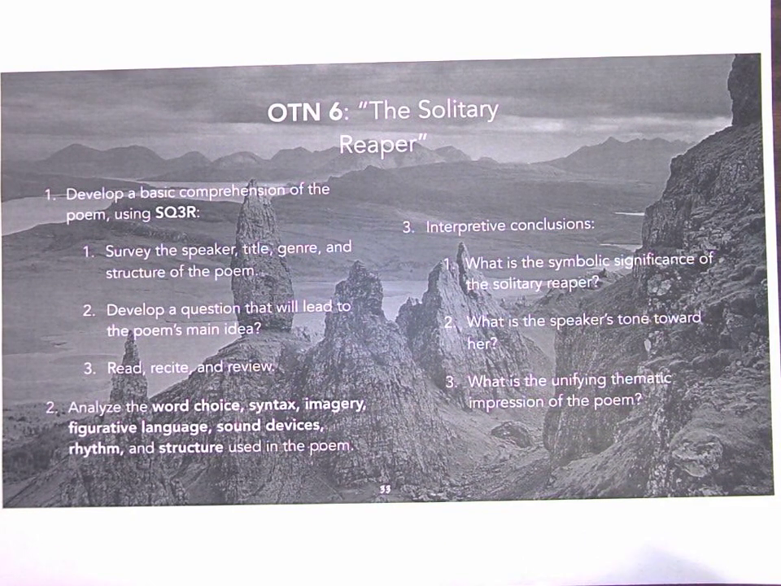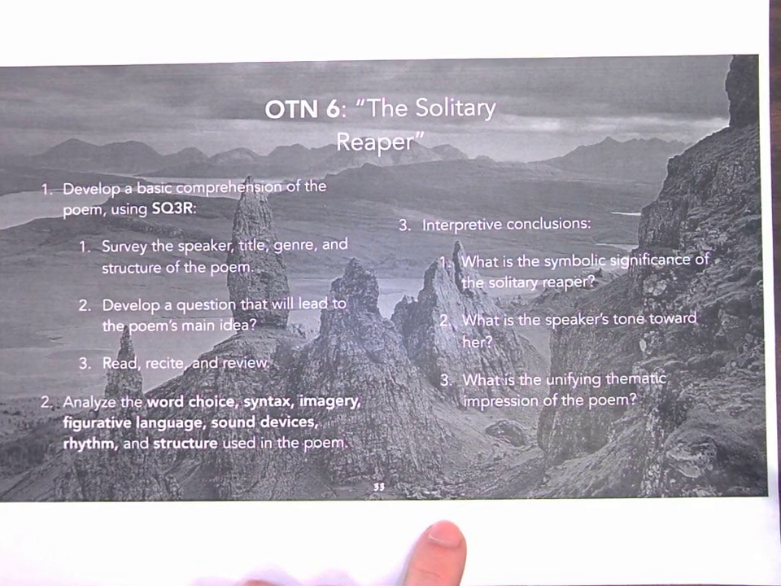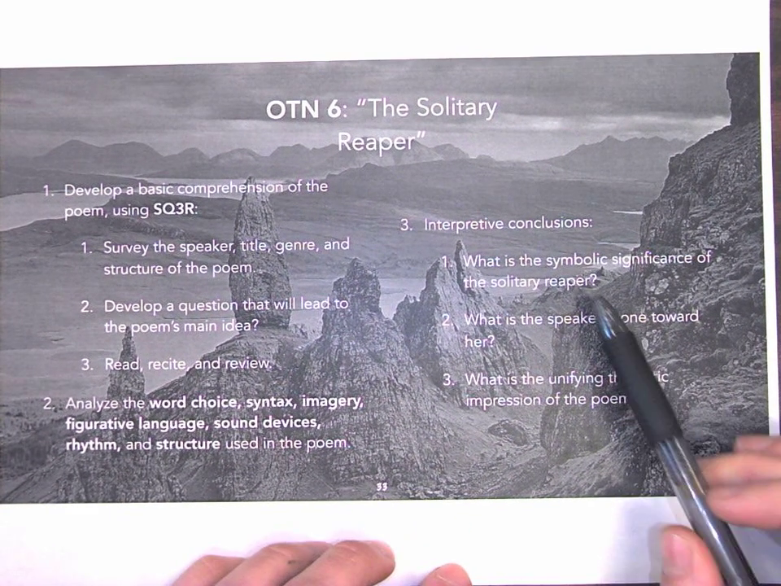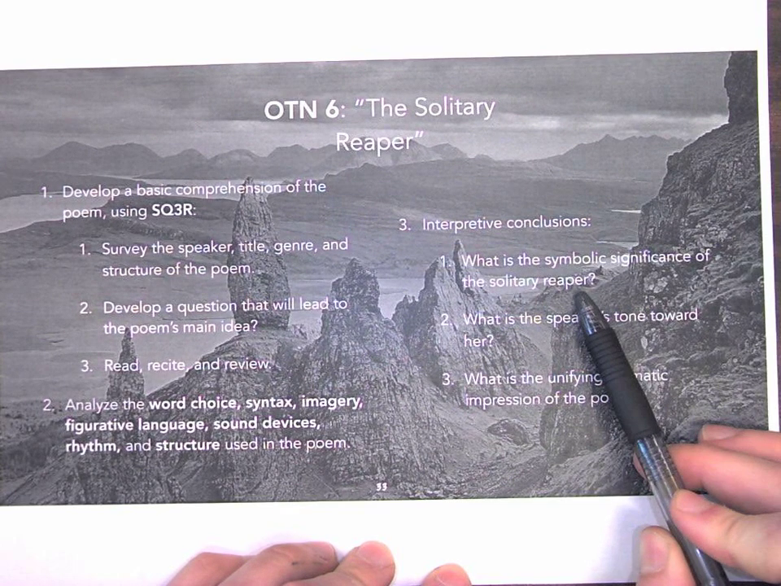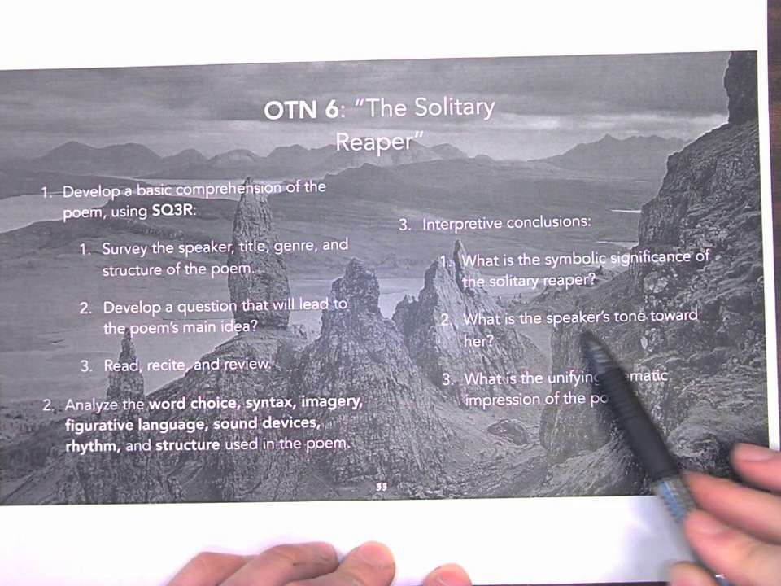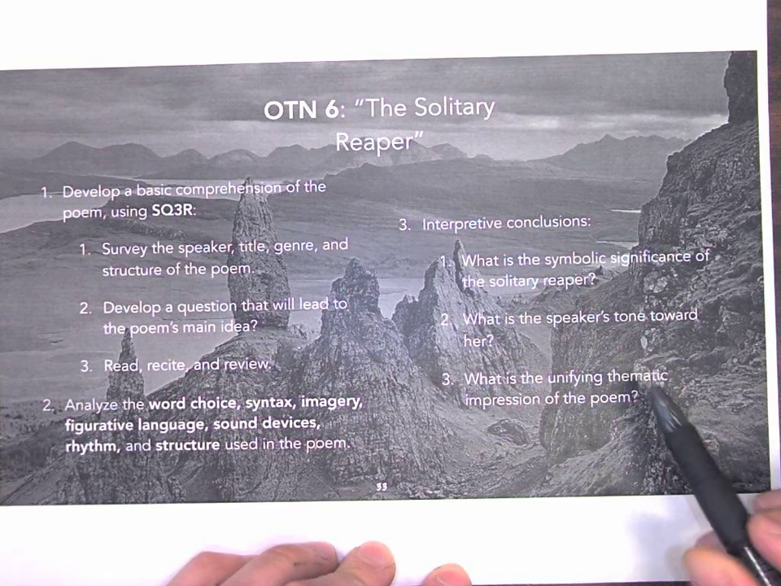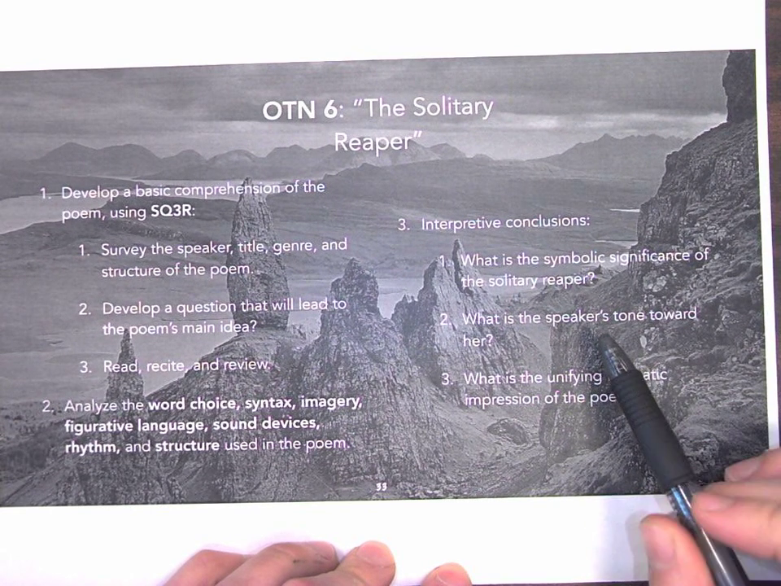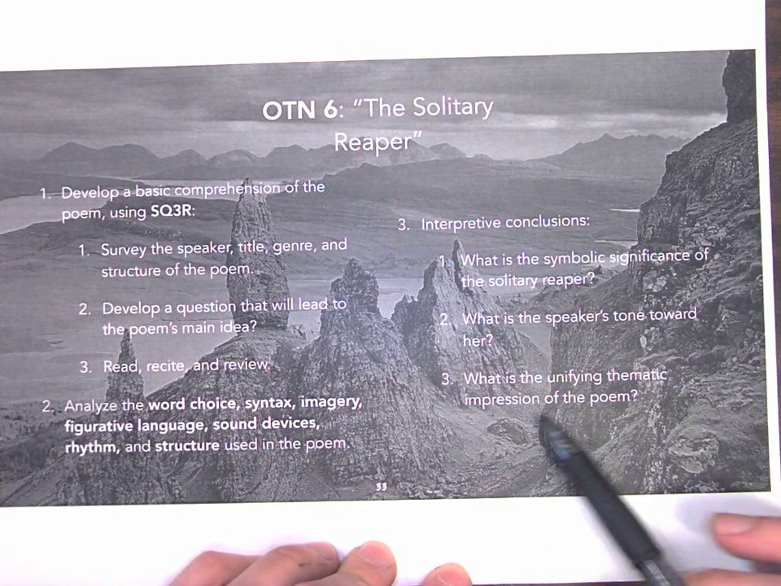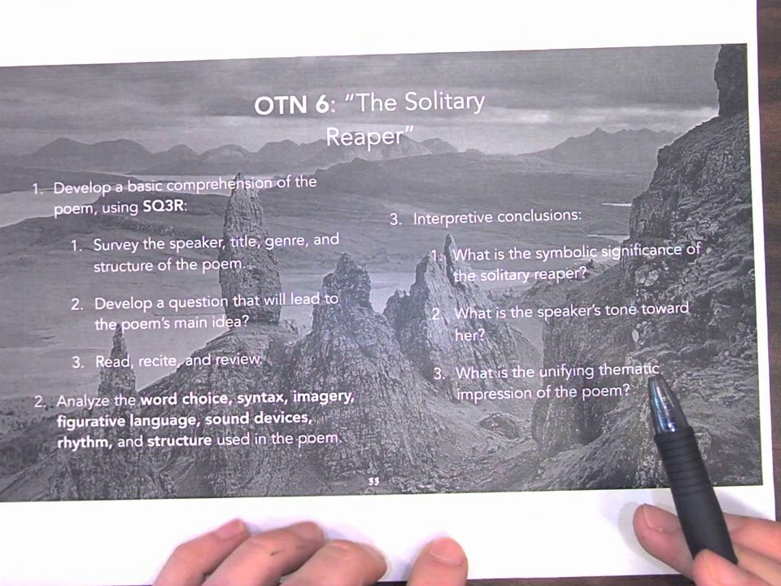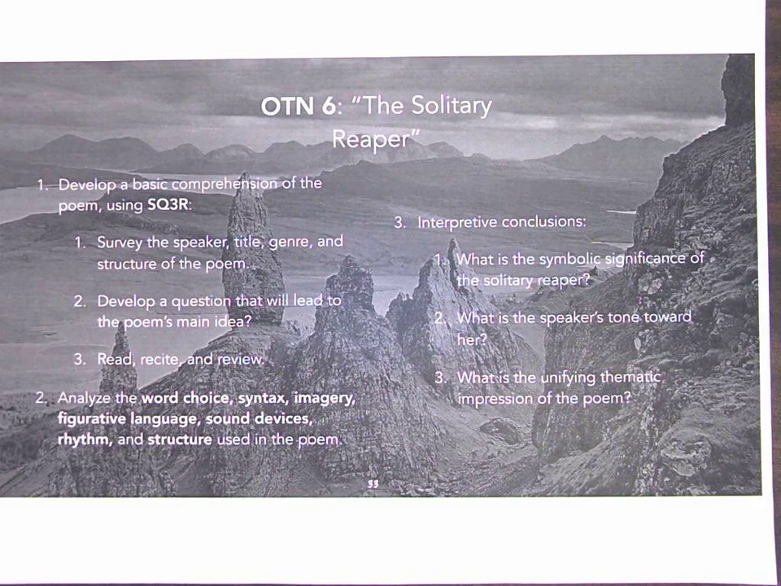the process of breaking down the language in the poem, in order to come to some general conclusions about the meaning of the poem, looking specifically at the symbolic significance of the central figure of the poem, the solitary reaper, looking specifically at the speaker's tone toward her, so his attitude, how he is characterized, the speaker, and then finally bringing these two things together to answer the major question at the back of the poem, and that is: what is the thematic impression? What's the main idea here? What is Wordsworth saying